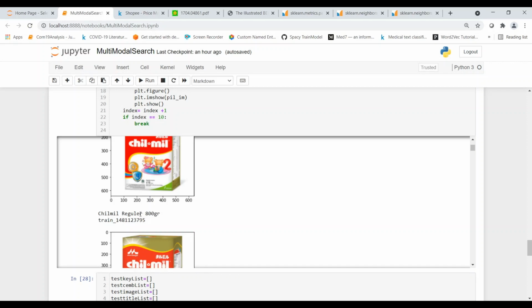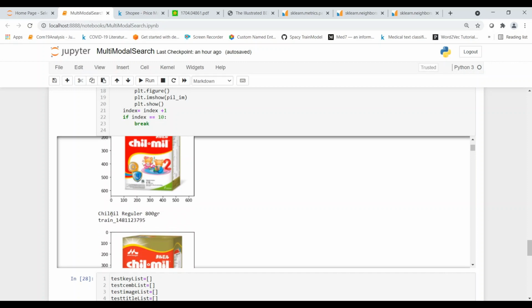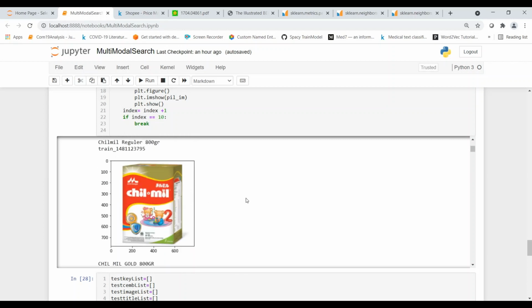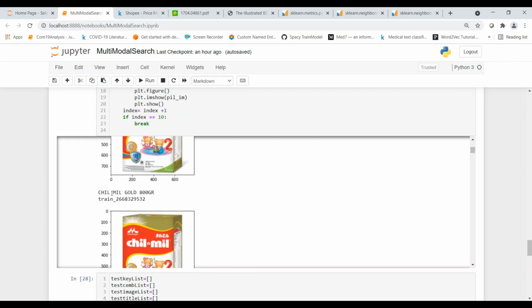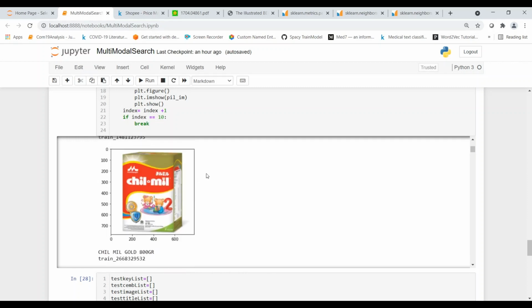This one is slightly different over here, because you have chill and mill, the chilled milk, concatenated. So it has a slightly different textual description, but it pulls out almost the same image. Then there is another slightly different text description that pulls out almost the same image.